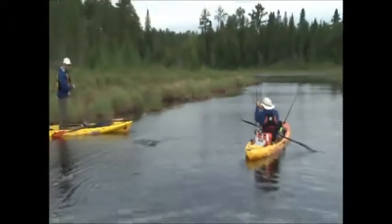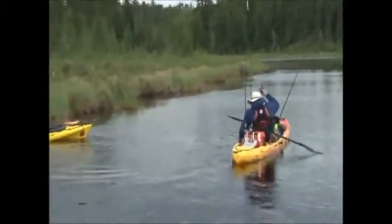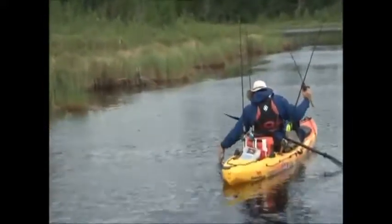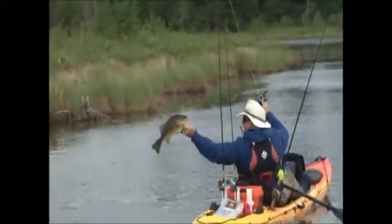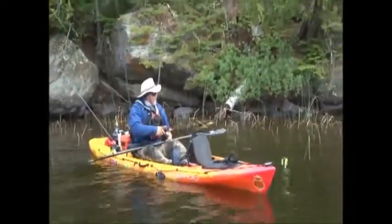Oh, wow. Nice bass. That's a beauty. Oh yeah. Right on the corner of the mouth. Oh yeah. Now if you look around me here, you can see that we're fishing in and amongst all these